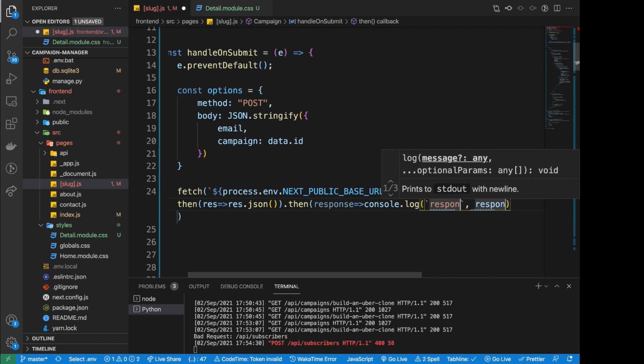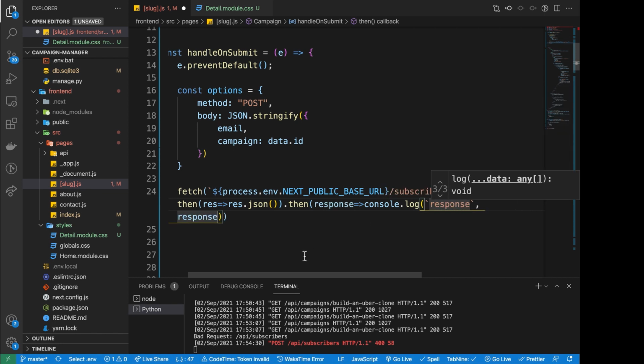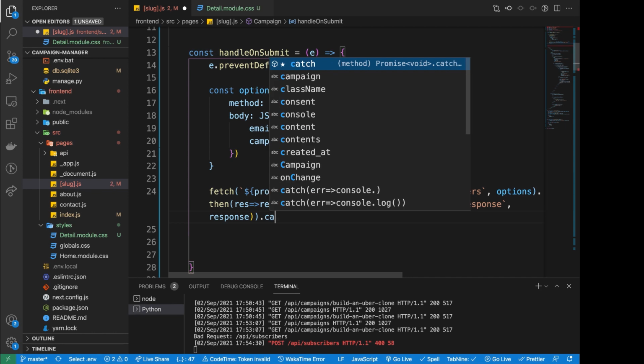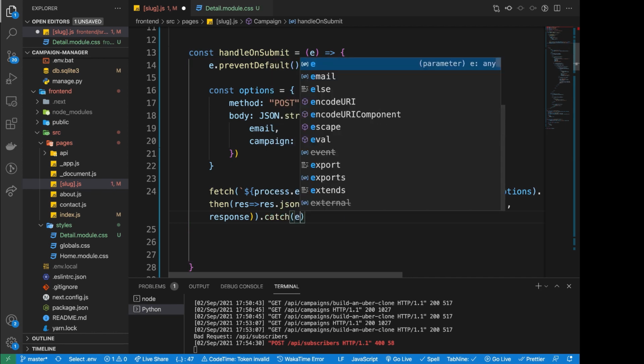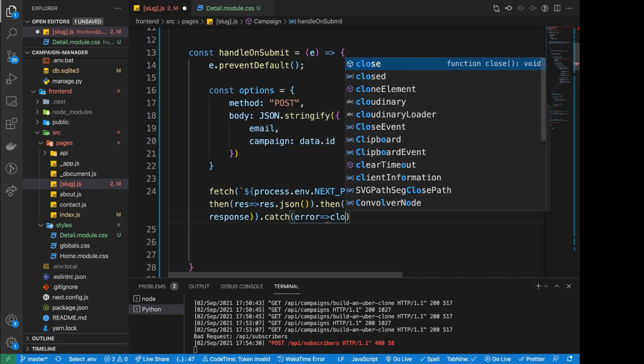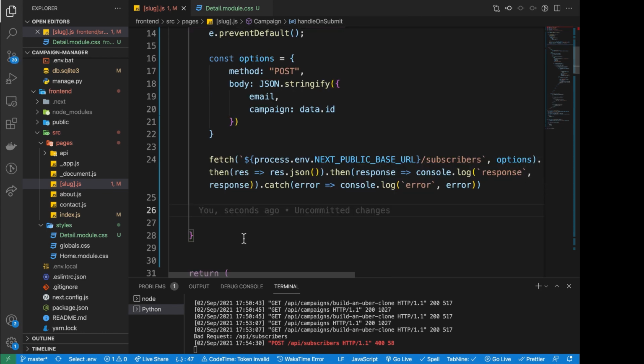So let's console log response, and also if there are any errors, let's go ahead and handle them. So you can do .catch. So let's do error. Let's console log them for now. And now if you come back to our web page,